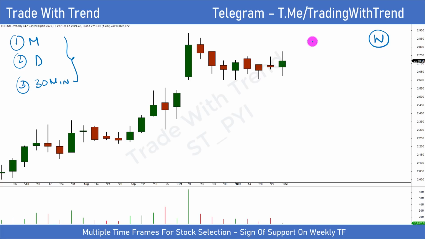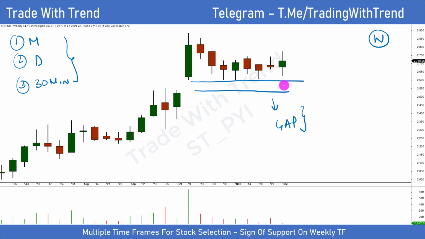and at times I also look at weekly time frame just to get further idea about price action. In terms of TCS, if you see, this was a candle that gapped up, and this entire region here is a region of gap. So gap is essentially a strong support in terms of overall price action activity. Again, I've covered this concept in price volume analysis series for those of you who have seen it.